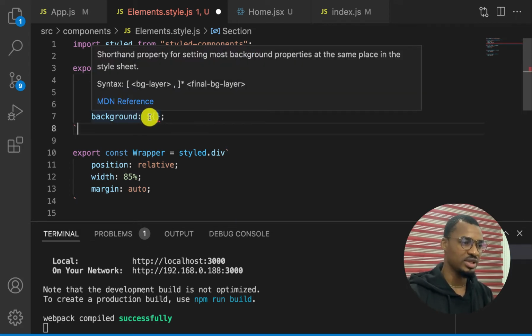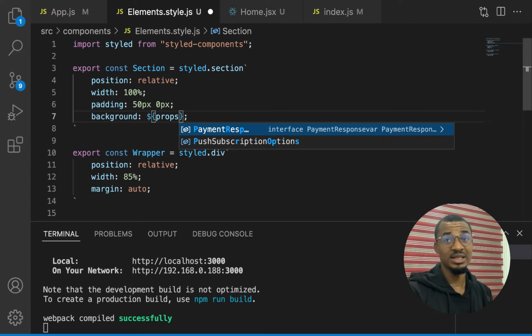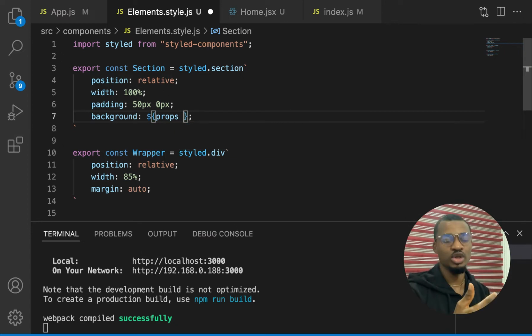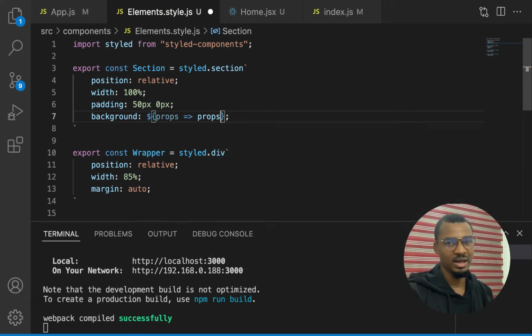So you have this $ sign here, and with this $ sign we can catch our props just like this, and this is going to be an arrow function. So once we have an arrow function, the next thing we want to do is pick that particular prop. I'm going to run a simple if statement. I'm going to say if